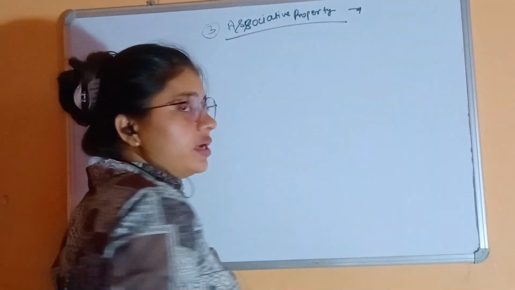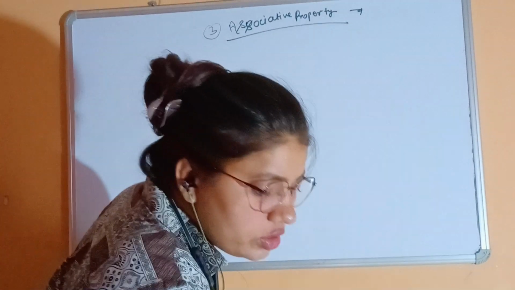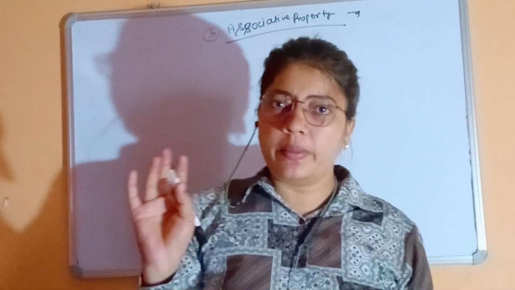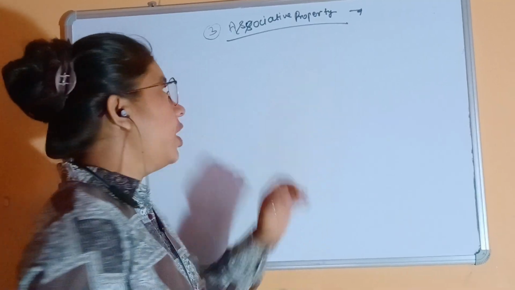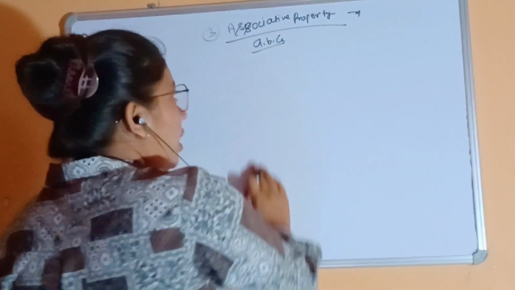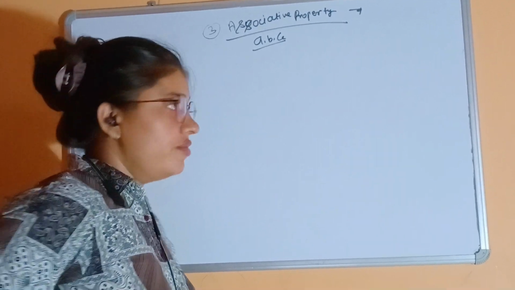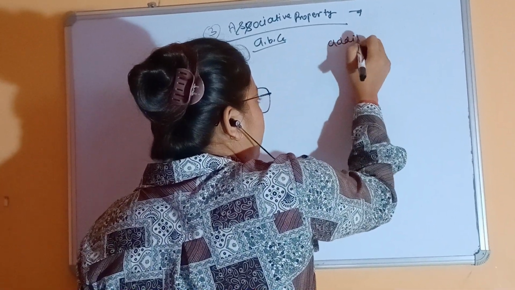First we discuss what the associative property is. In closure and commutative we take only two numbers, A and B. Here in the associative property we take A, B, C, three numbers. In the associative property, different operations have different formulas. First, in addition, if you do